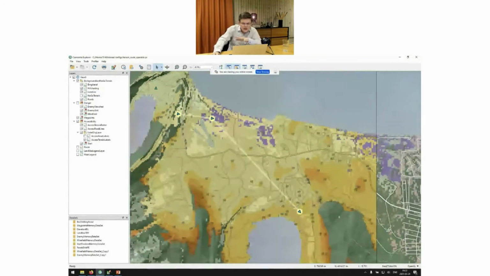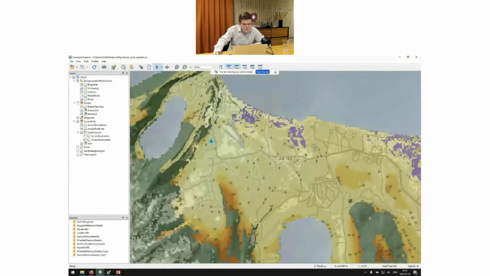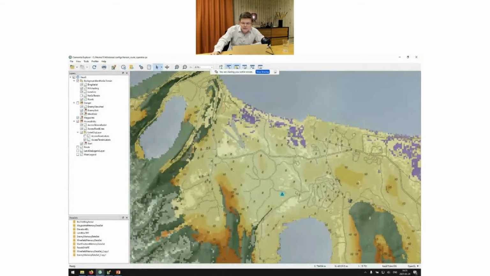So we're now colorizing the terrain here, and the colors indicate minutes from the start point, which is up here. Bright yellow means that I can get to that point in less than 10 minutes. Yellow means 10 to 20 minutes, and so on. And you can see as I move this starting point around here, we're recalculating these